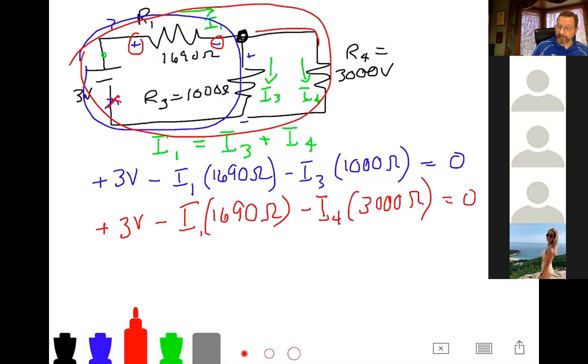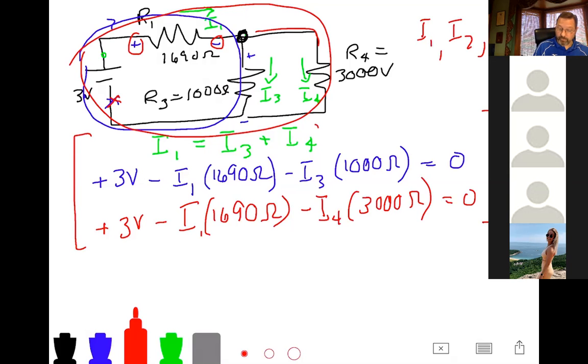And now what have I got here? This is kind of my answer to the question earlier on what do I have to find? I need to find I1, I3, and I4. Unfortunately, in this problem, the way I do that is I've got to eliminate in an algebraic fashion, like a 9th grade algebra class, I've got to eliminate all my unknowns.